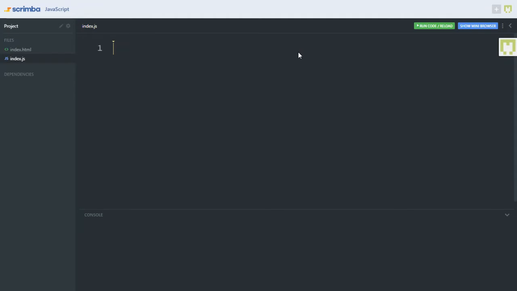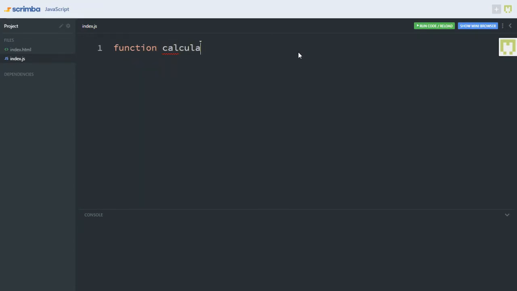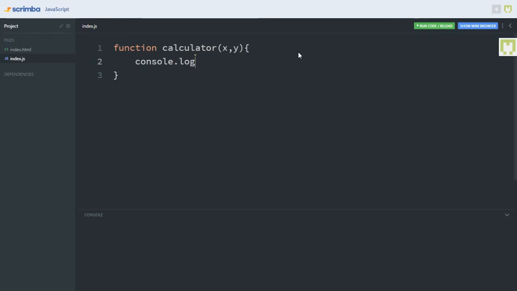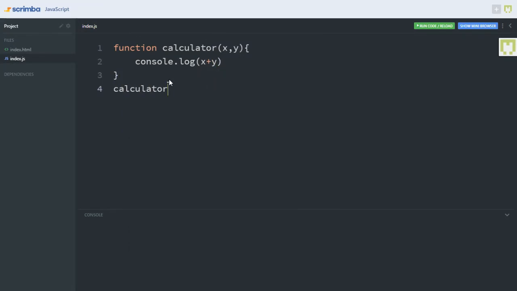If I want to build a calculator that will add two numbers, using regular JavaScript, I would say function calculator, and I would pass in two values there, x, y, and I'll say console.log x plus y. Then I'll come out and say calculator, and I'll pass in values for my x variable and my y variable. So I'd say 5, 5. So when I run my code,